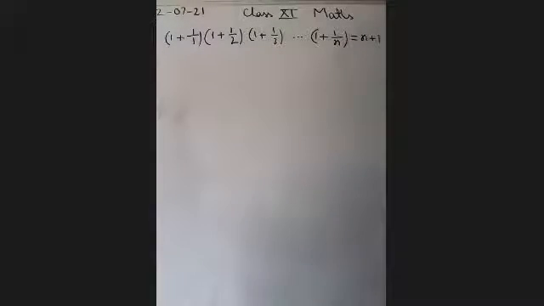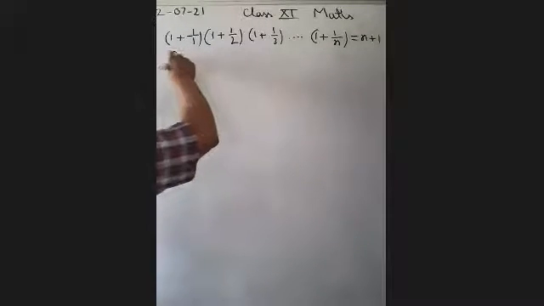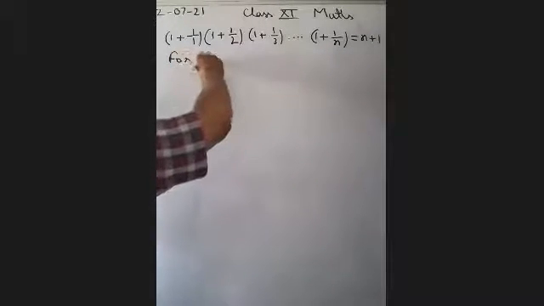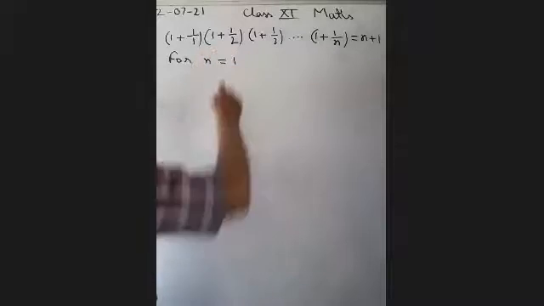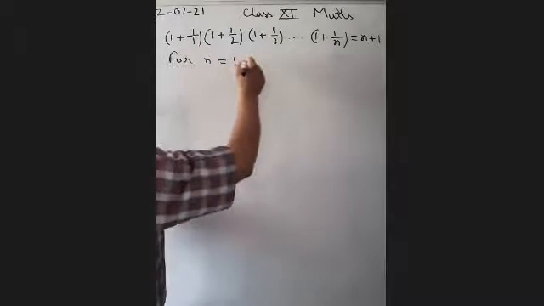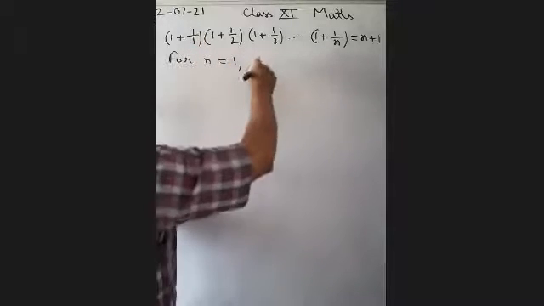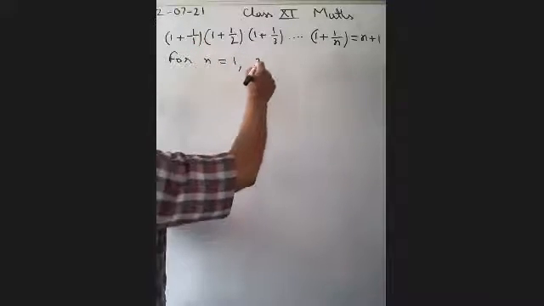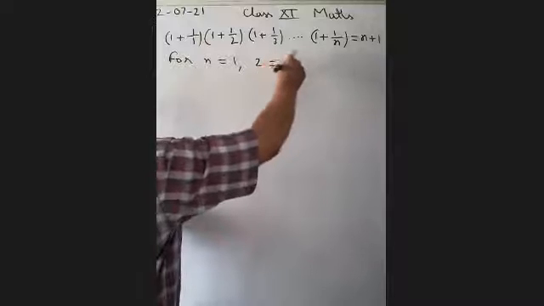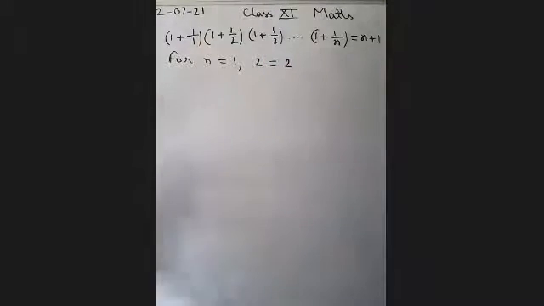ठीक है. तो इसमें we will prove for n is equal to 1. If you check for n equal to 1, if you take the product of one term, that will be equal to 1 plus 1 upon 1, which means that is equal to 2. Right, left hand side. ठीक है. Right hand side will also be, n की जगह if you put 1, you will get 2 only. So it is true for n is equal to 1.